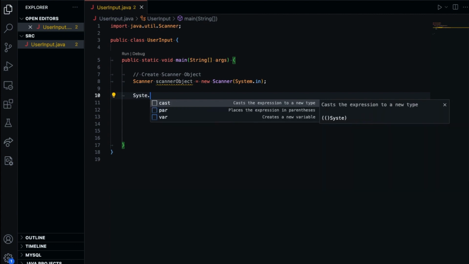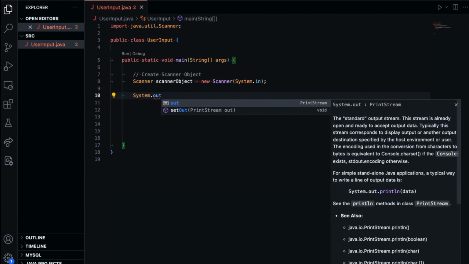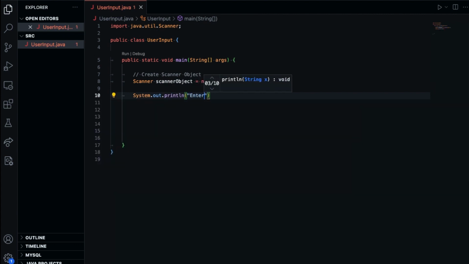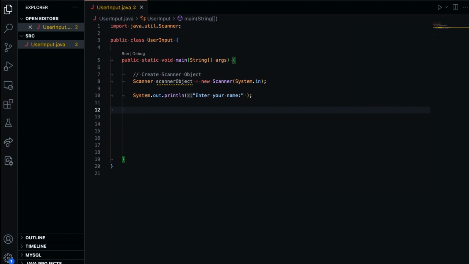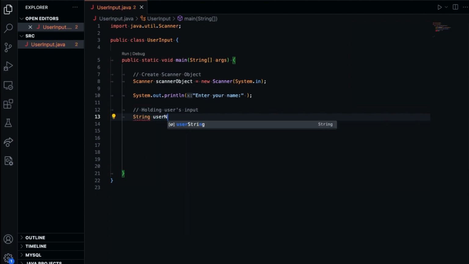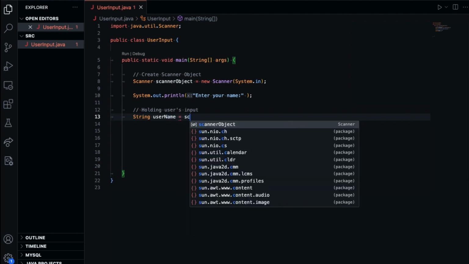The second thing we want to do is ask the user what to put in. So I'm going to say System.out.println, "Enter your name." Now we need our scanner object to contain what the user puts in, holding the user's input. We will create a String variable for the name, call it username, and we'll say